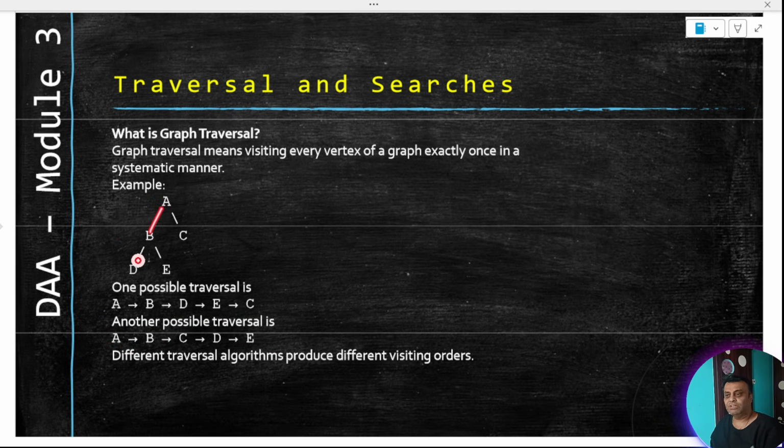But if we go like this, from A I will go down, I will keep going down to my left till I don't get anybody. So I go down to B, and I will take B. I'll take B, I will go down and I'll take this. And if I don't get anybody here, then I will backtrack and then go to the right. I will backtrack and then go to the right to get to my E. And then I don't get anything, I will backtrack. This is already visited, go to the right, take C.